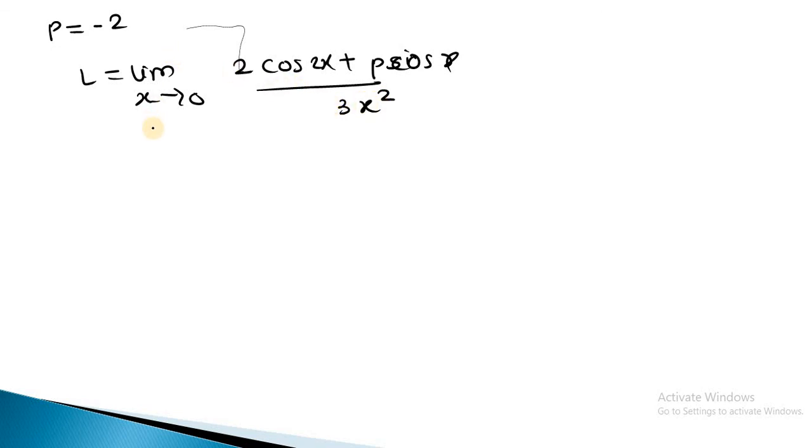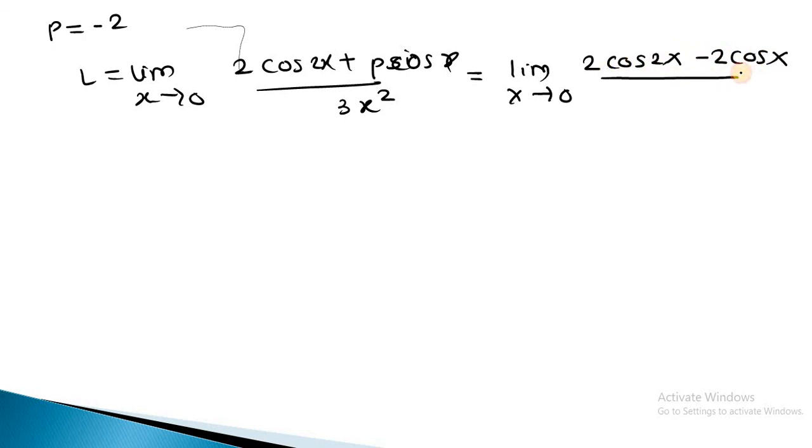I substitute p is minus 2, so L becomes limit as x tends to 0 of (2 cos 2x minus 2 cos x) upon 3x square. When I substitute x is 0, cos 0 is 1, so